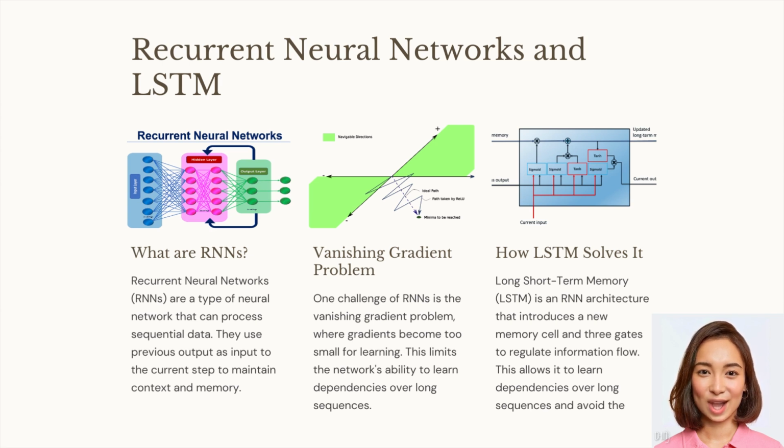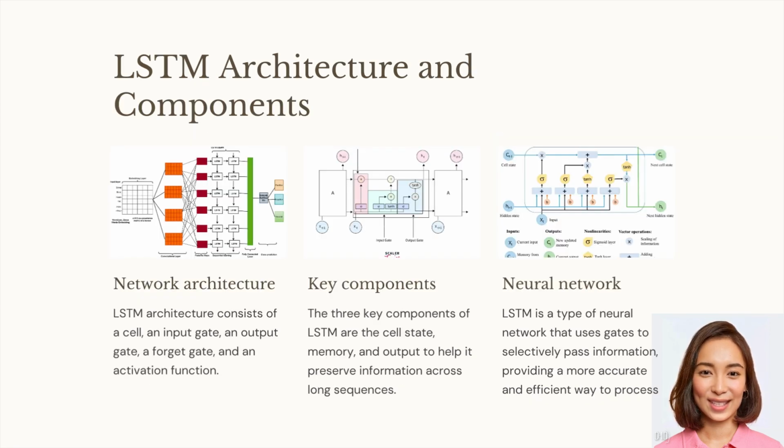How LSTM solves it? Long short-term memory, LSTM, is an RNN architecture that introduces a new memory cell and 3 gates to regulate information flow. This allows it to learn dependencies over long sequences and avoid the vanishing gradient problem. Network architecture. LSTM architecture consists of a cell, an input gate, an output gate, a forget gate, and an activation function. Key components. The 3 key components of LSTM are the cell state, memory, and output to help it preserve